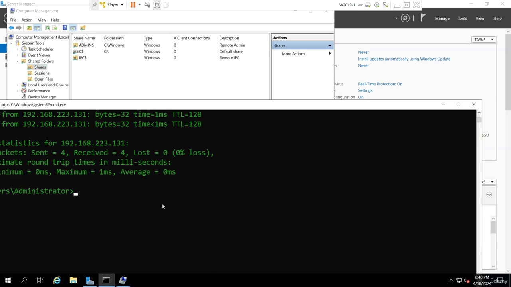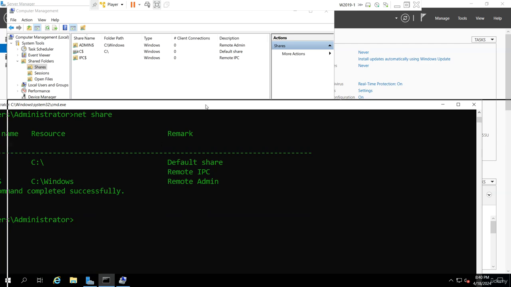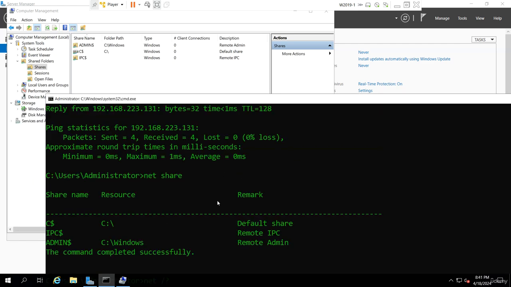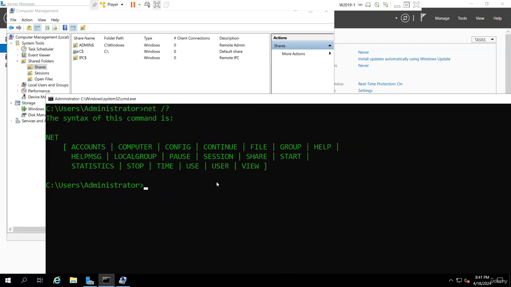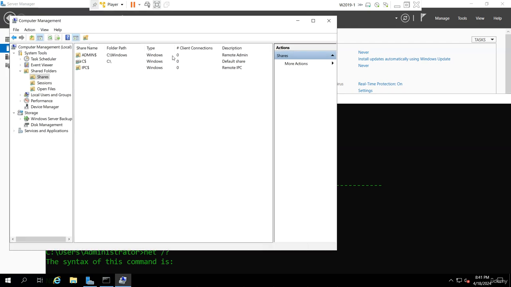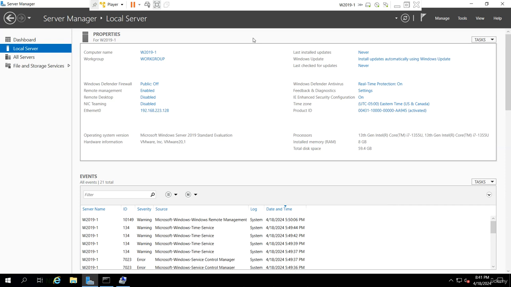I could also do this from the command prompt, which means I could use the net share command. The net is a very popular command line. See this? And I don't see the actual sysvol itself. If I do net space slash question mark, I can see everything about the net command. I just did the net share, for example, right? That's what I did. So I don't see the sysvol, which means it's not hosting Active Directory. Okay. It doesn't mean you have to go to tools. And if you see Active Directory here, that means it's hosting Active Directory. No, it's not. My first thing is to prepare for the installation of Active Directory, which means I have to